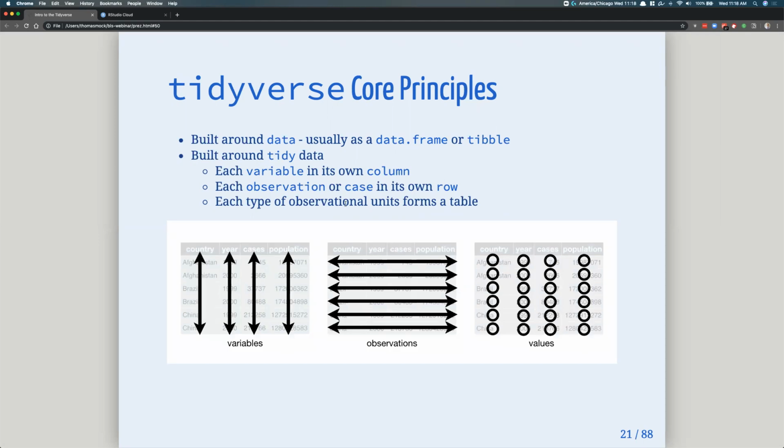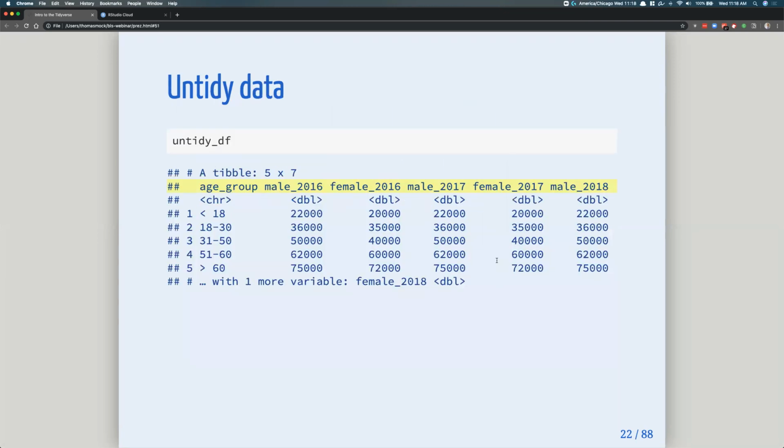So if we look at this in a more graphical format, we have variables in columns, observations in rows, and values within each specific row, which is an intersection of the column and the row. Now, this might seem kind of abstract. You're like, okay, maybe I need a better mental picture of this. If we look at an example of untidy data, it may make more sense,